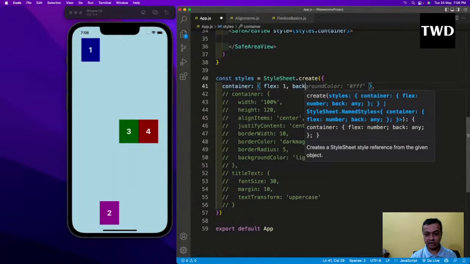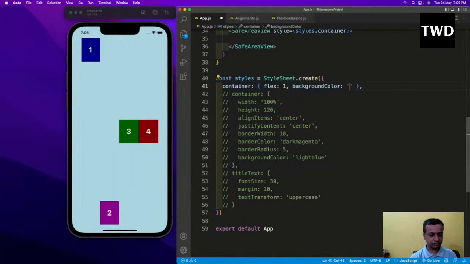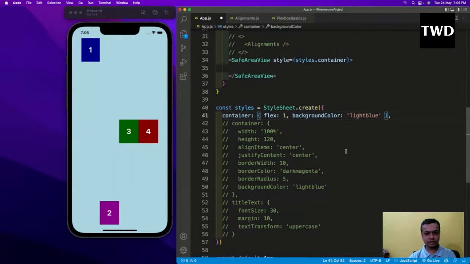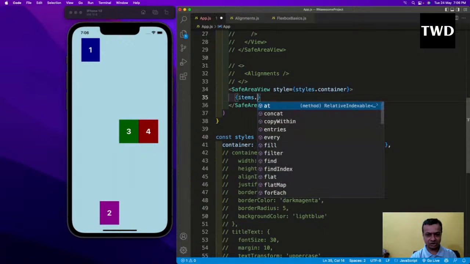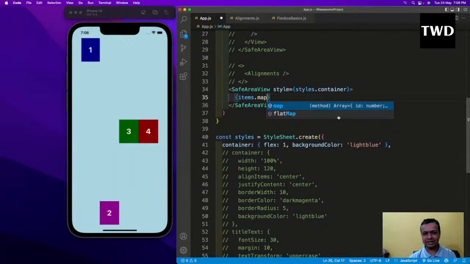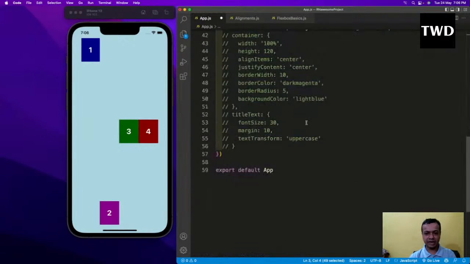Okay, so background color is not like this, so I'll put that as white. Why does it give some weird kind of thing? Okay, light blue maybe. Okay, light blue I've done. Oh, light blue is there. Then this safe area container I have done, and then inside this I'll loop through this. So the normal React thing, items dot map. I'm mapping through this items thing. Maybe I will comment it out also. Items dot map, and then